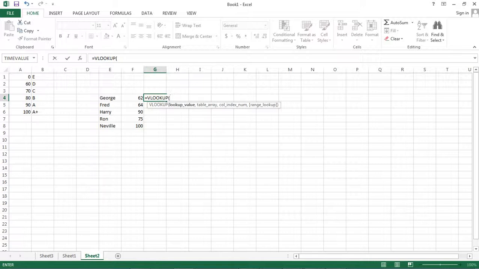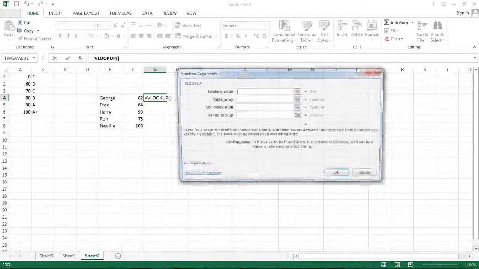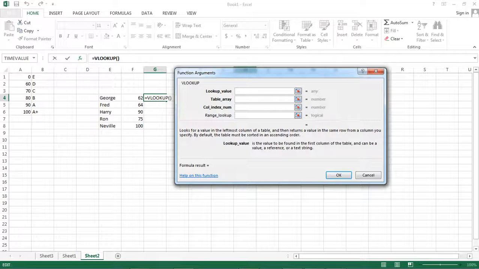If you know what you're doing with the formula, then you can just enter the parameters here. If you don't, I highly recommend that you use this f of x right here. This enters a function arguments box, and it gives you the definition of the function as well as definitions of the parameters. So this particular one, for the definition of a VLOOKUP formula, is looks for a value in the leftmost column of a table, and then returns a value in the same row from a column you specify. By default, the table must be sorted in an ascending order. So you need, when it's saying by ascending order, either alphabetical, so A to Z, or smallest to largest,